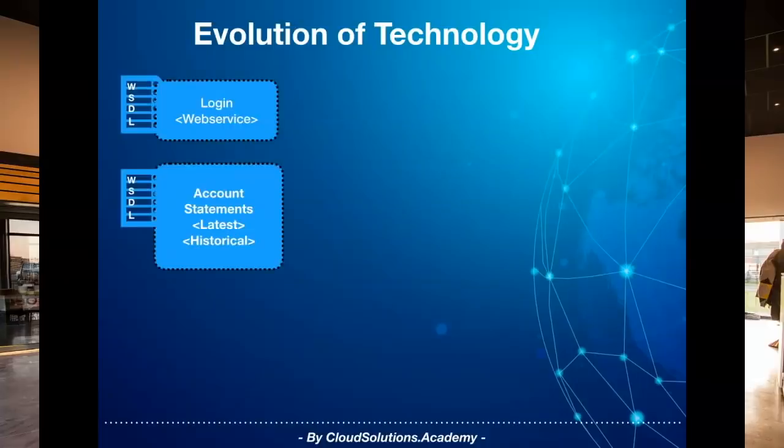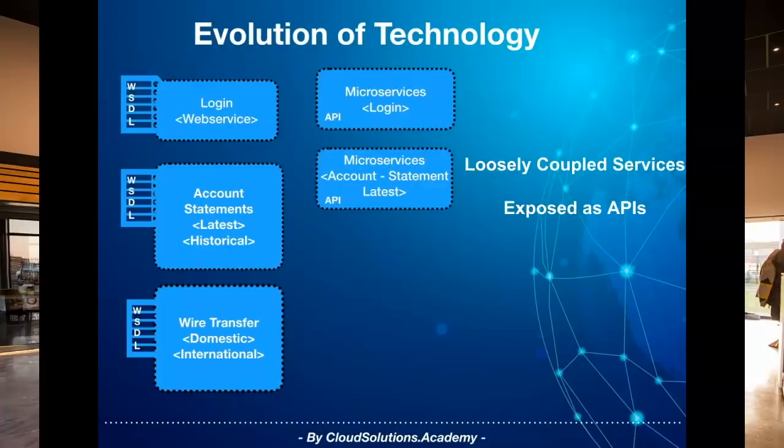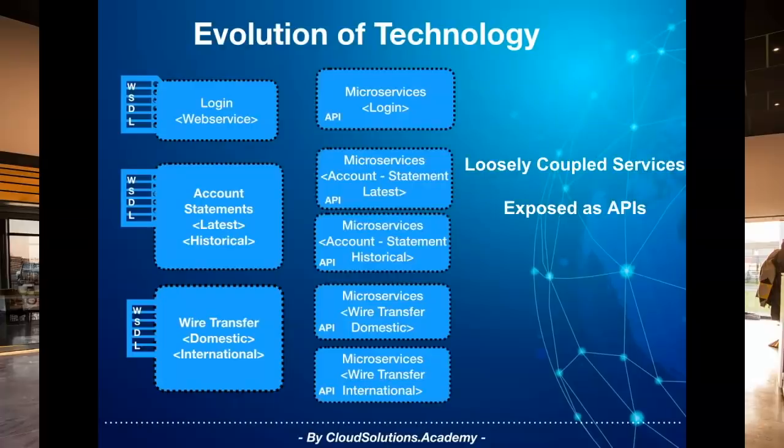Now in the 2010-2011 timeframe came another design architecture called microservices, which went a step further to break down applications into smaller, loosely coupled independent services exposed as APIs, which can ideally be built and managed independently and use much lighter message formats like JavaScript Object Notation and the REST protocol, which were more standardized as they follow the regular HTTP methods.